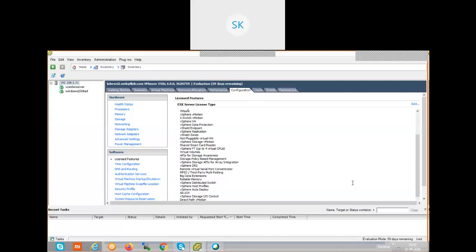Bundle package, in the sense, the management console is preloaded on an operating system, that is, the appliance. It is a Linux-based operating system, and on top of it the management console is also configured and ready. We just need to download that package and assign an IP. That's it. We can use that centralized management console.